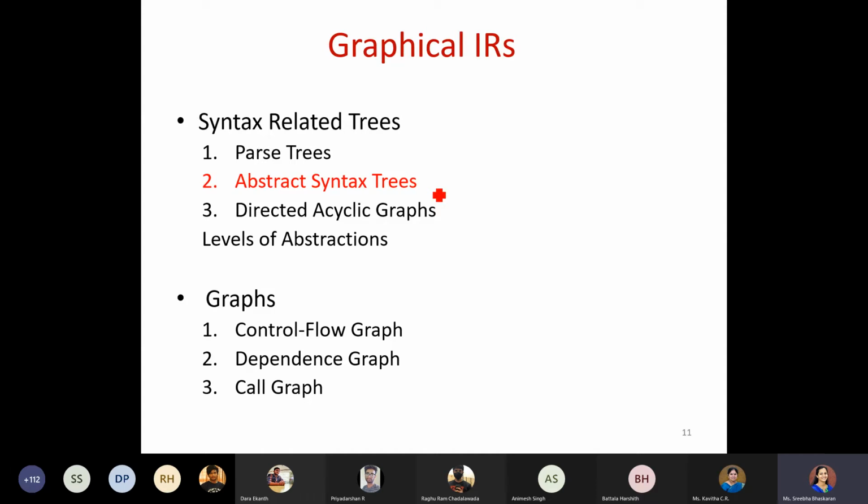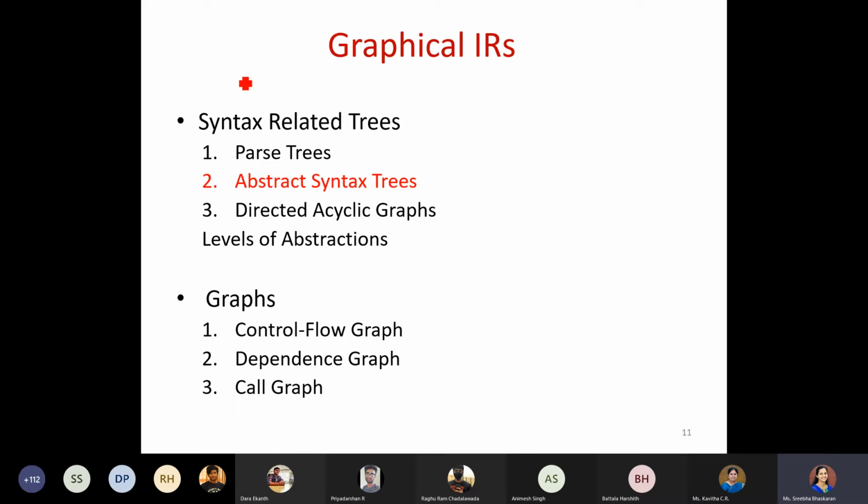Whether this variable has already been declared, that is, whether you have created a node for this or not. Once you verify that, if it is already created, then use that. If it is not created, then you create a new one. So the level of abstraction is high in your directed acyclic graph.